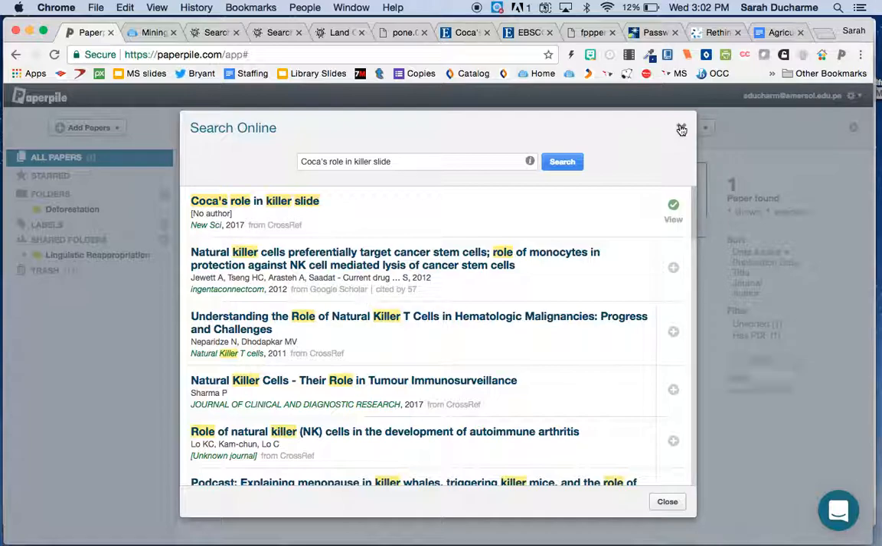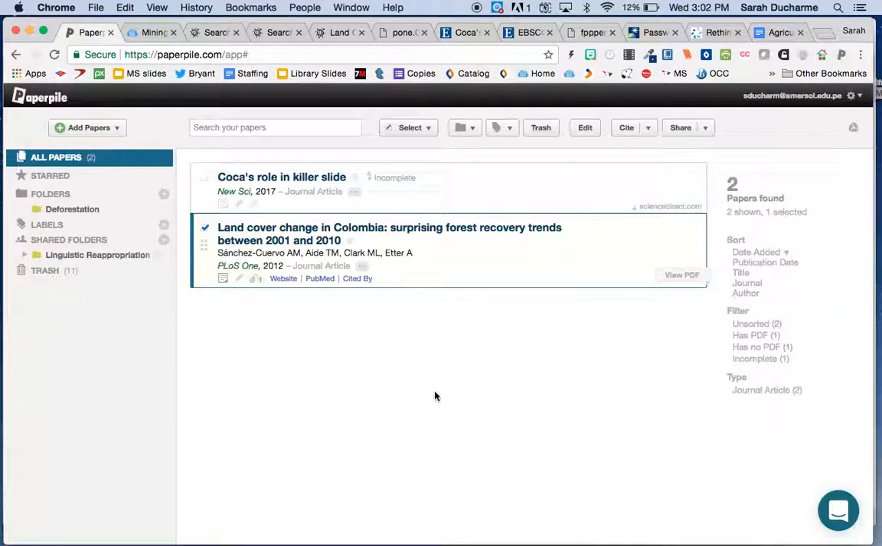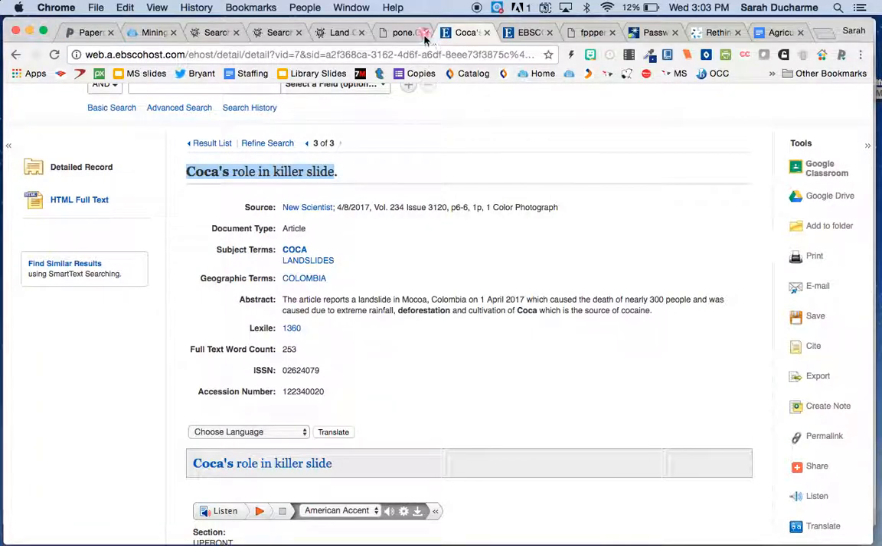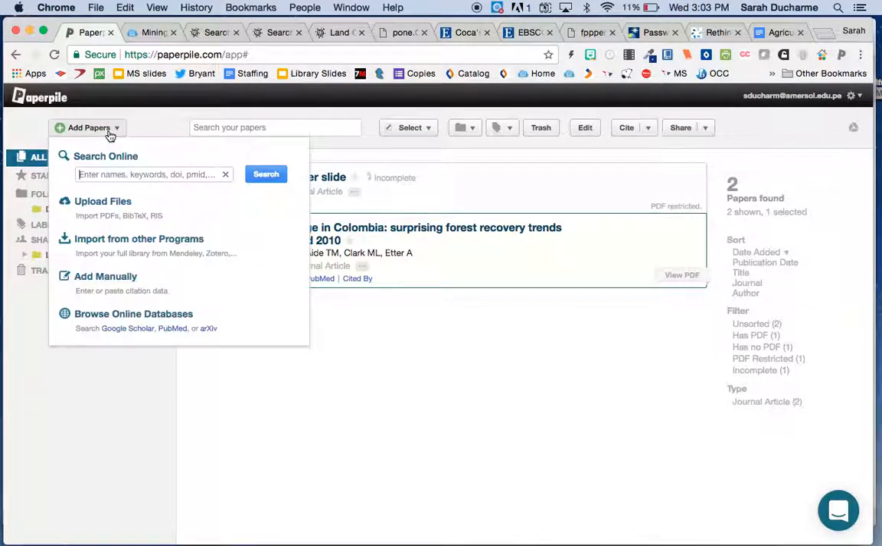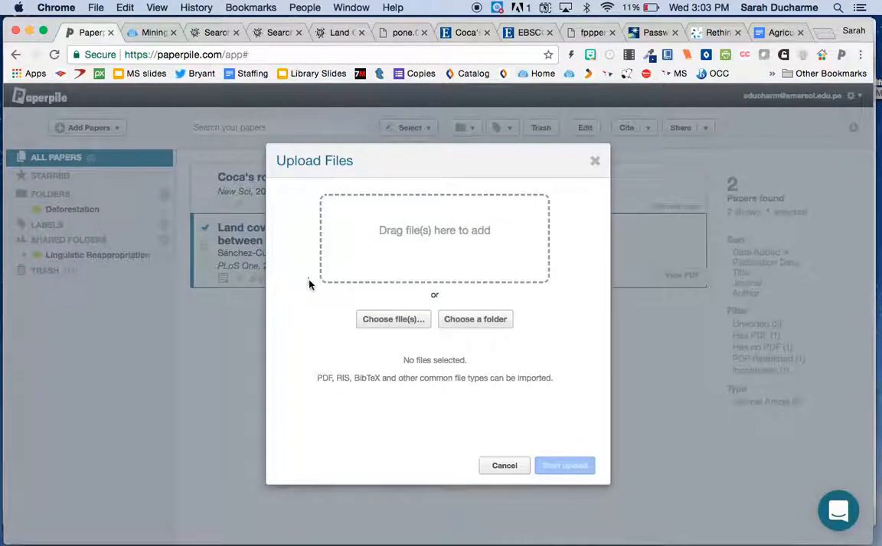I'm going to close it. Okay, when I put it in by title, I'm going to see here it says incomplete. Okay, and this says PDF restricted. Access is restricted. Because I just popped in the title, this is one that's behind a database, in this case EBSCO. So in this case I do really want that PDF, so I'm going to go ahead and upload the PDF,